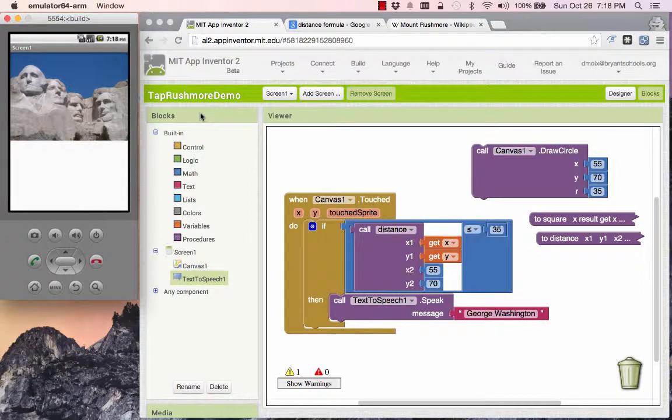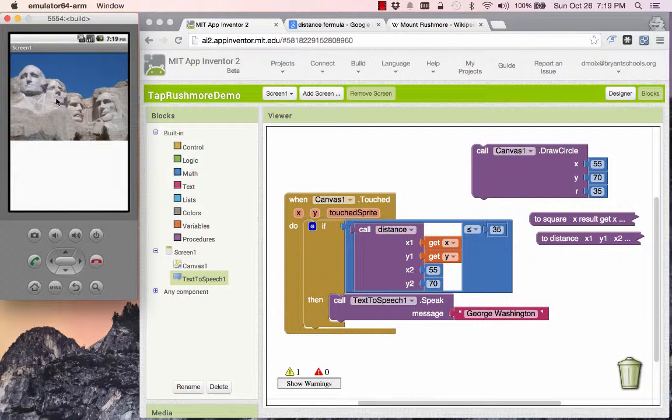So let's check it out. If I click over here, over here, over here, I get nothing. But when I click on George Washington, the computer speaks the name. And outside that circle, nothing. Inside that circle, I got what I want. Good stuff. Okay, so now all I would need to do for Jefferson is to find the circle which represents Jefferson's